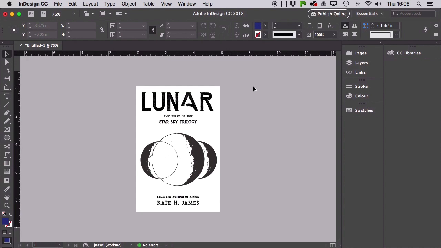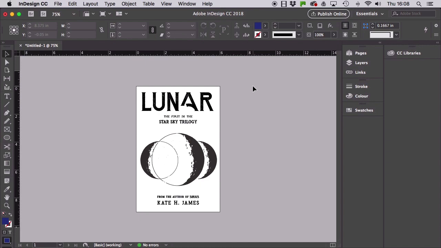So the eagle-eyed amongst you might have noticed that I've tweaked my moons a bit more. I've replaced the central moon with the same moon as on the left side. And that's fine, it's all part of the process of tweaking your cover and making it the very best that it can be. So in this lesson, we're going to further refine the design of our front cover, and now we have the type and graphics mapped out,